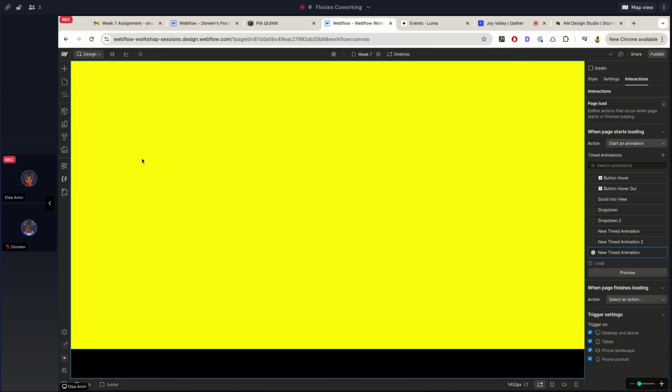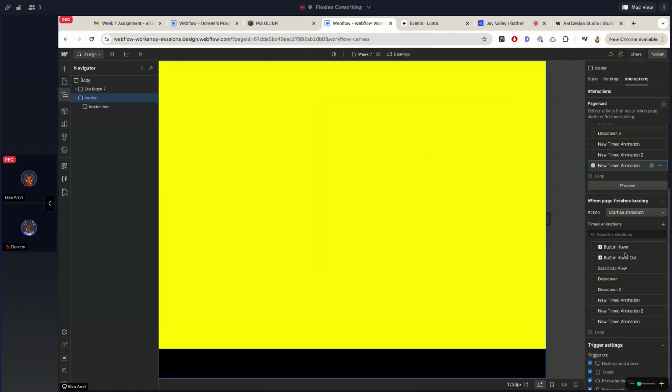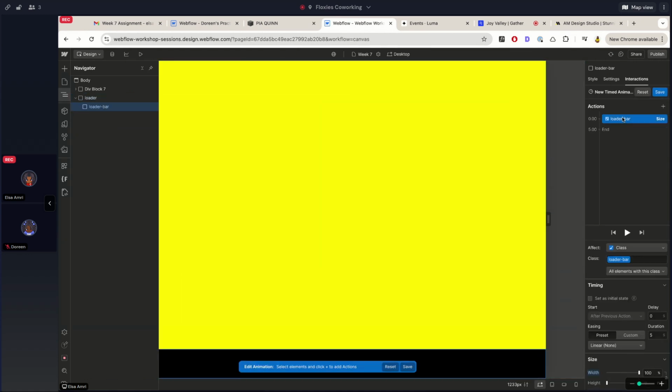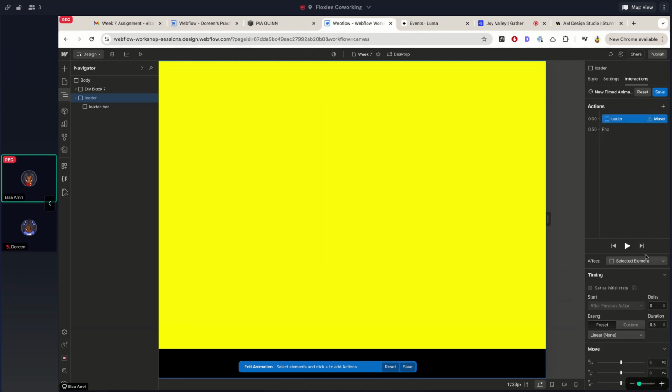Now it's 100%, but our loader is still here. It's supposed to disappear once it's done. So we'll select our loader again, and we'll add an animation for when the page finishes loading, or when our animation is done. We'll duplicate what we had before, and we can actually just delete all this, and we want to set our loader to, instead of just hiding it,